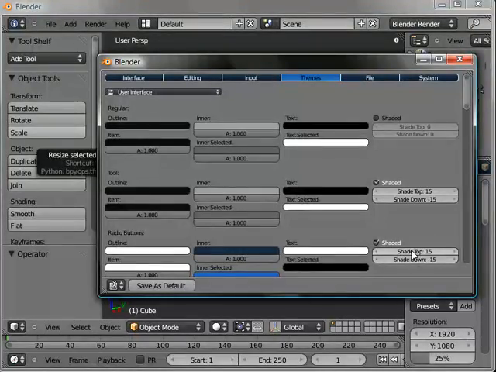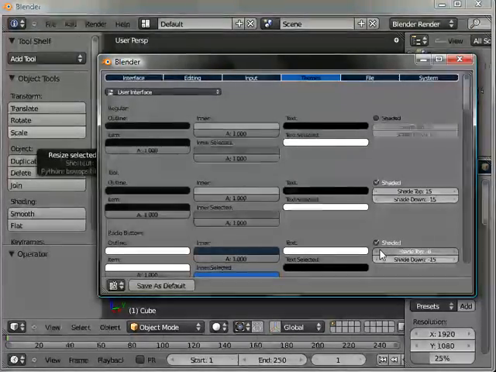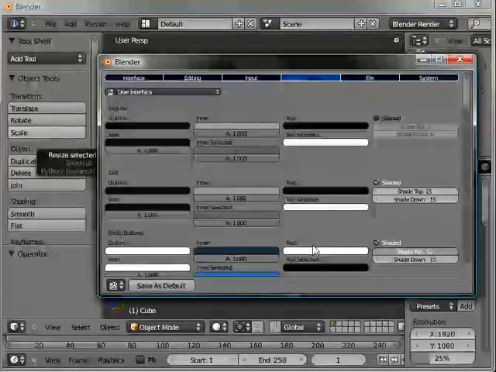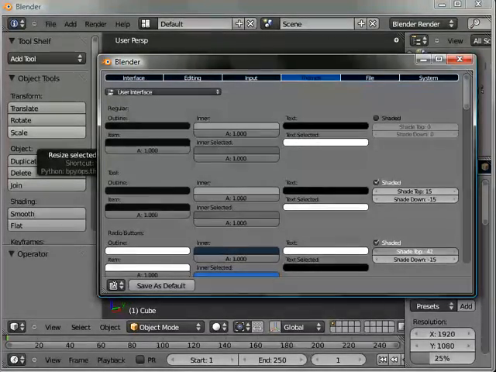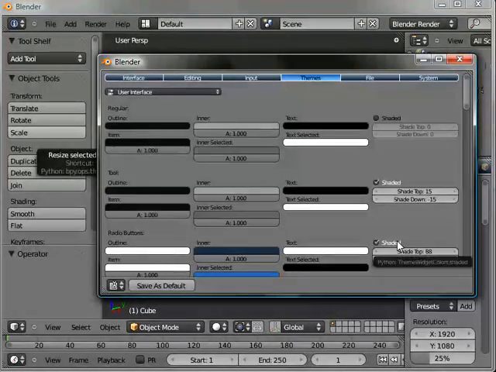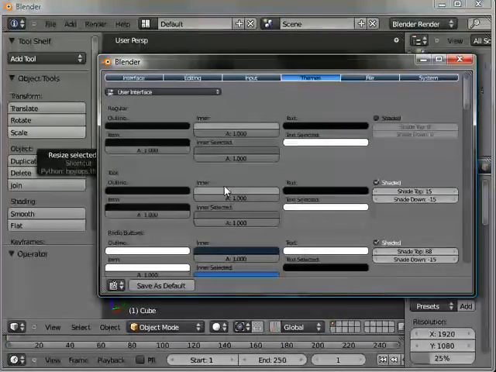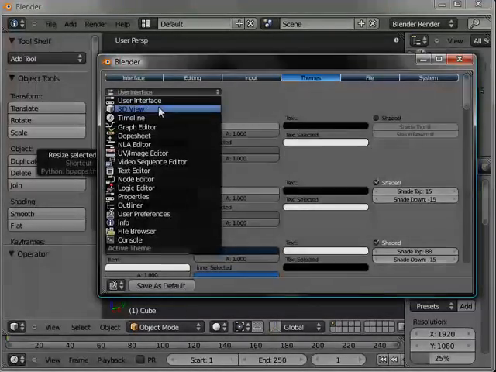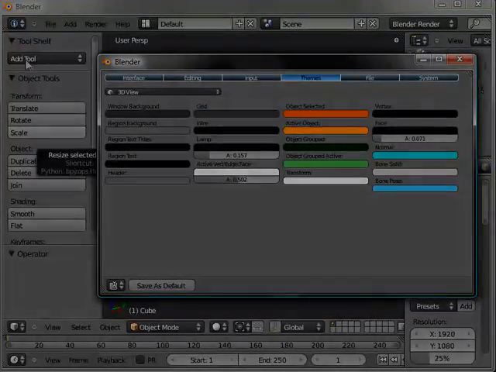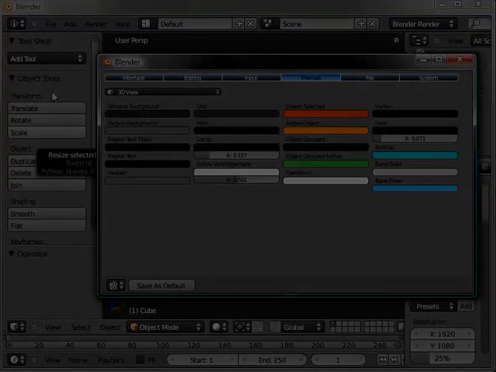So basically, shade top is what shades the top. If you go into the negative numbers, it gets darker, and the more positive the numbers, the lighter. And as you can see, it's inverted whenever you select it. So, that's it for the buttons. We're not going to be changing everything, just showing you how. So let's move on to the 3D view, and we'll change the background of the tool shelf in this thing, which in Blender 2.5